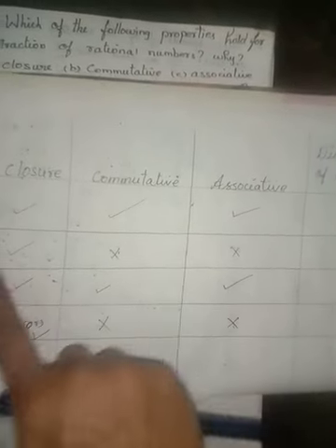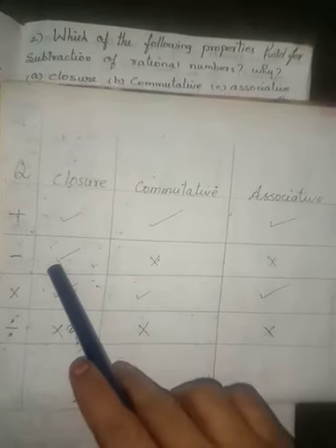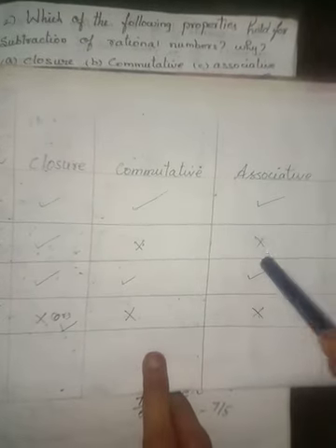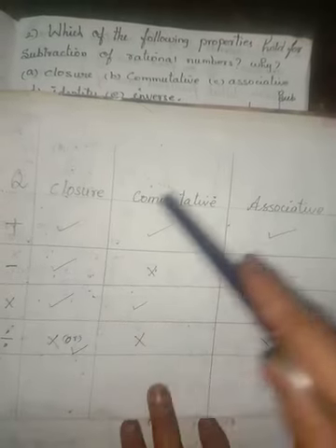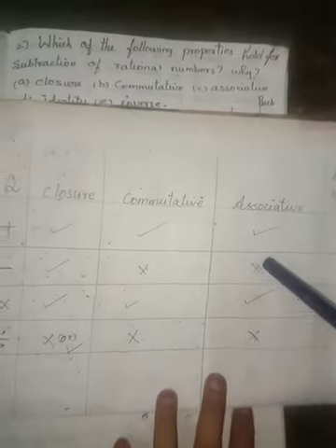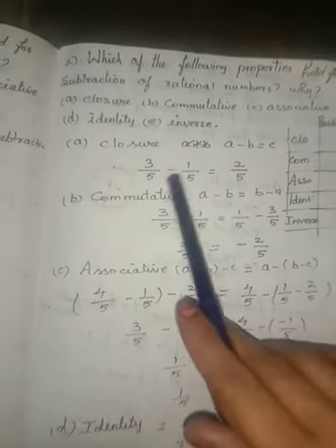So they are asking in the second question, prove the subtraction statement only. So we must take any two rational numbers and solve for the closure property, commutative property and associative property. What will you show? The closure property is satisfied under subtraction. The commutative property is not satisfied under subtraction. Associative property is not satisfied under subtraction. For that I am taking two rational numbers.